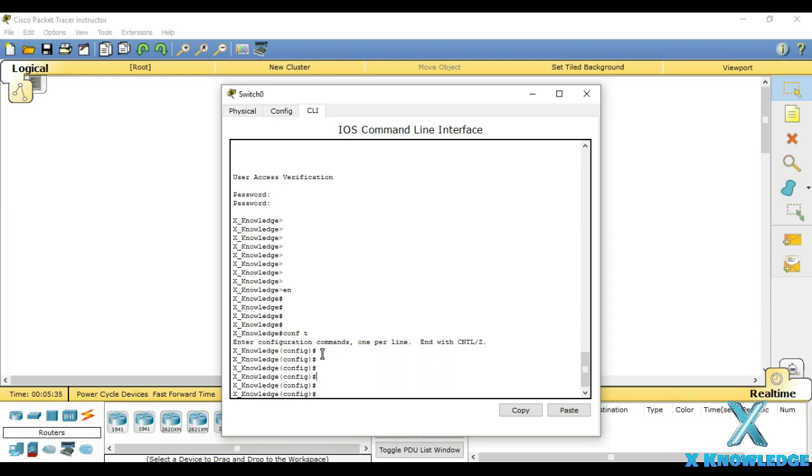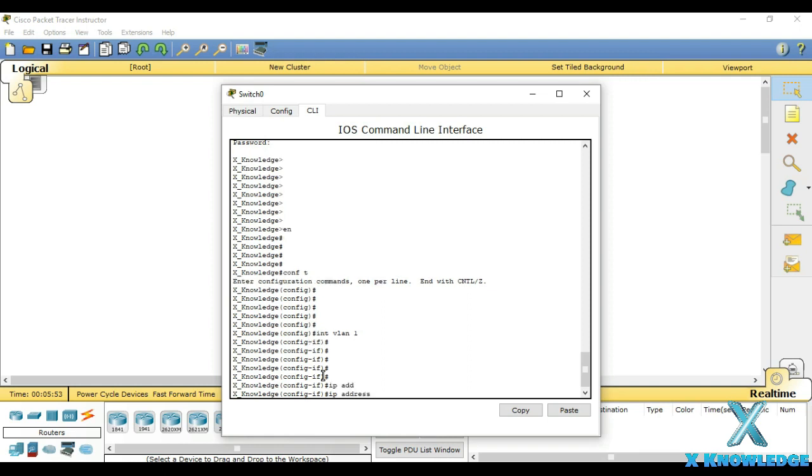All right, now we will be discussing the management IP. In order to set up the management IP, we will have to go to the VLAN interface. So interface VLAN 1, and now we will be setting up the IP address. Basically I will be using a class C type address, 192.168.10.10, sorry, 10.1. Alright, and we will be giving the mask value, 255.255.255.0, and the next command which I will be giving is no shutdown.